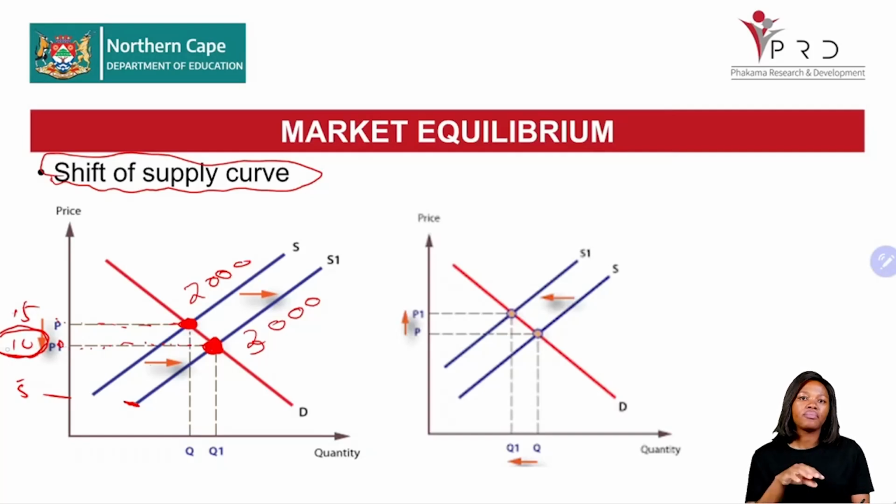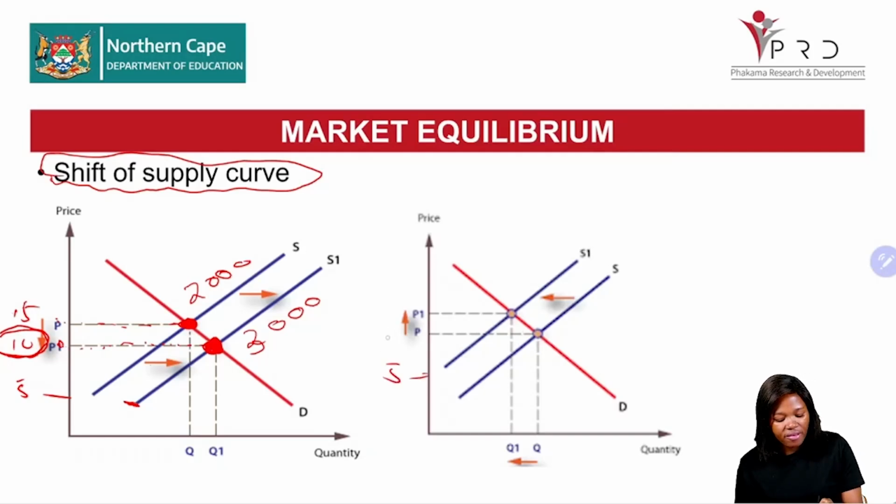Remember we said the market equilibrium point is where the two graphs meet. It is where the two graphs meet. Once one graph shifts, that will shift the market equilibrium point as well. Now, let's move to this one. Now, what happens